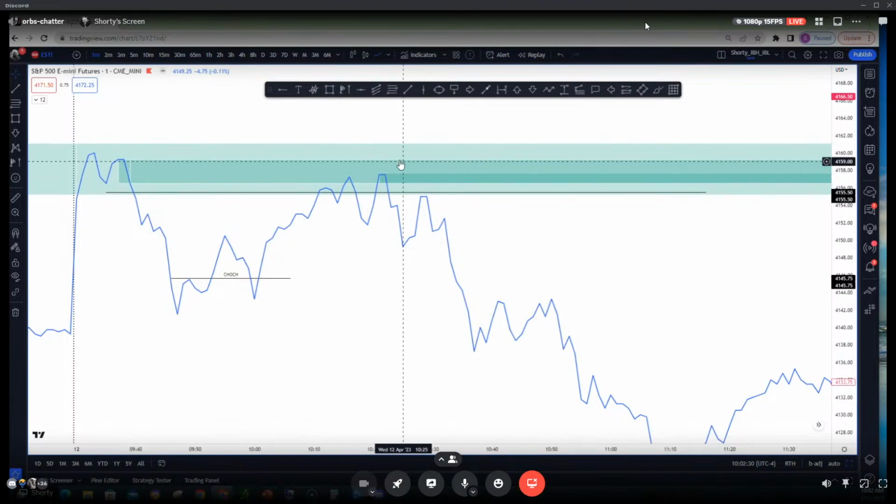And here you're looking for an entry. You can enter with the stop loss as soon as you come in here, or you can wait for a confirmation in 1 minute that you see a lower high and a lower low break. And you can short there or on a retest of the same. Sometimes if it's early in the day, you can wait for the retest. If it's later in the day, the odds of that retest kind of reduce just because of time, price, volume.